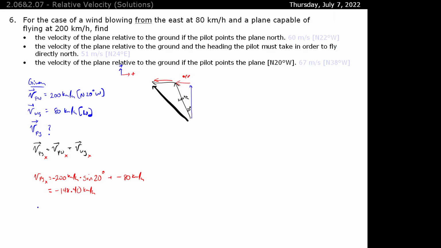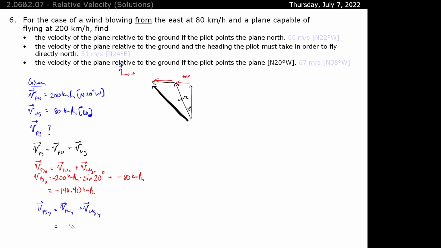Rinse and repeat in the y dimension. So VPGY is equal to VPWY plus VWG in the y dimension. And yeah, just for good measure, I'll write it out here one more time. VPGX is equal to VPWX plus VWG in the x dimension. Okay. I kind of just recycled my generic formula. So there you go. And these are vectors, but I'm going to quickly convert it to scalar,